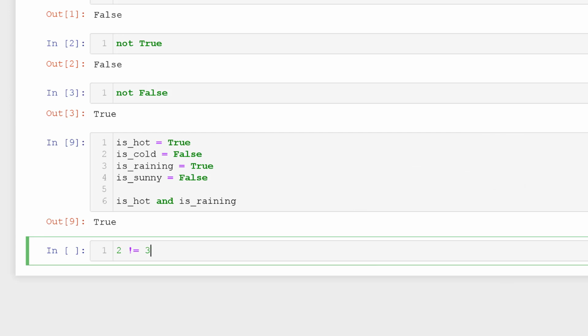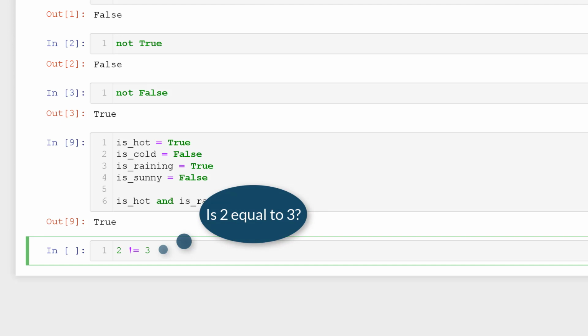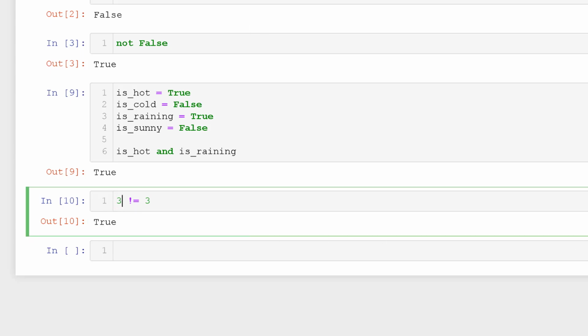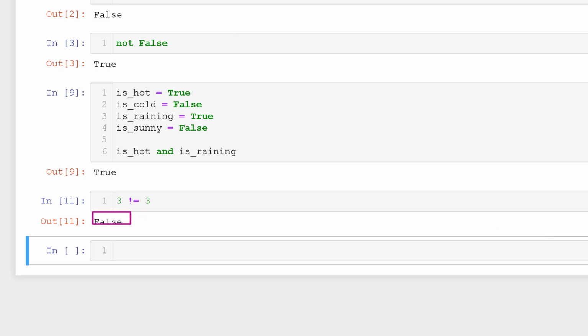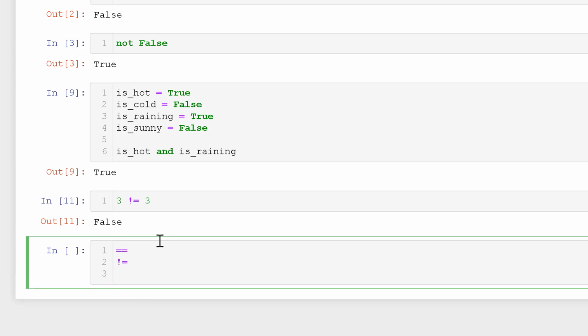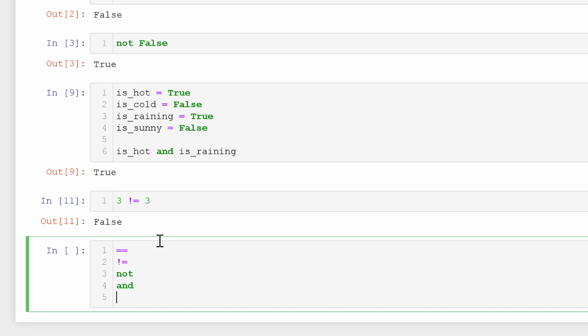So here, with the current example, we're essentially asking, is 2 not equal to 3? That will evaluate to either true or false. We know that 2 is not equal to 3, so we expect it to evaluate to true. If I changed it so that they were equal and rerun it, then it would evaluate to false. Take a few minutes and play around with some of these examples. Practice using these operators that we just learned about. I'll write them down as a last reminder. Double equals, not, and, or.